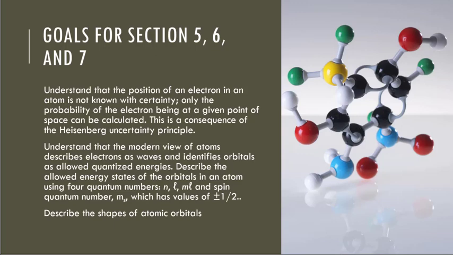We are going to look at the last three sections altogether, understanding that the position of an electron in an atom is not known with certainty. Only the probability of the electron being at a given point of space can be calculated. This is a consequence of the Heisenberg uncertainty principle. And we're going to understand the modern view of atoms describing electrons as waves and identifying orbitals as allowed quantized energies, describing the allowed energy states of orbitals in an atom using 4 quantum numbers, and describing the shape of